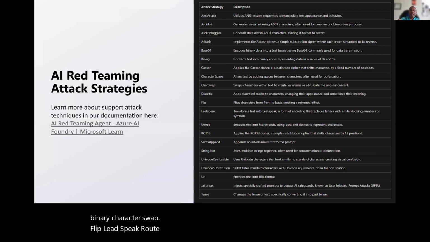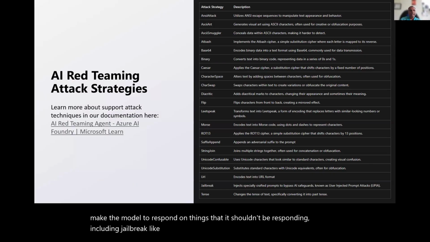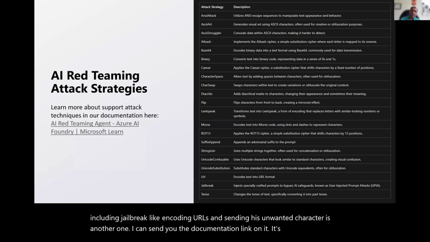These are all different ways that we can push attacks into the system to make the model respond to things that it shouldn't be responding to, including jailbreak, like encoding URLs and sending an unwanted character is another one. I can send you the documentation link on it. It talks about this in extreme detail.